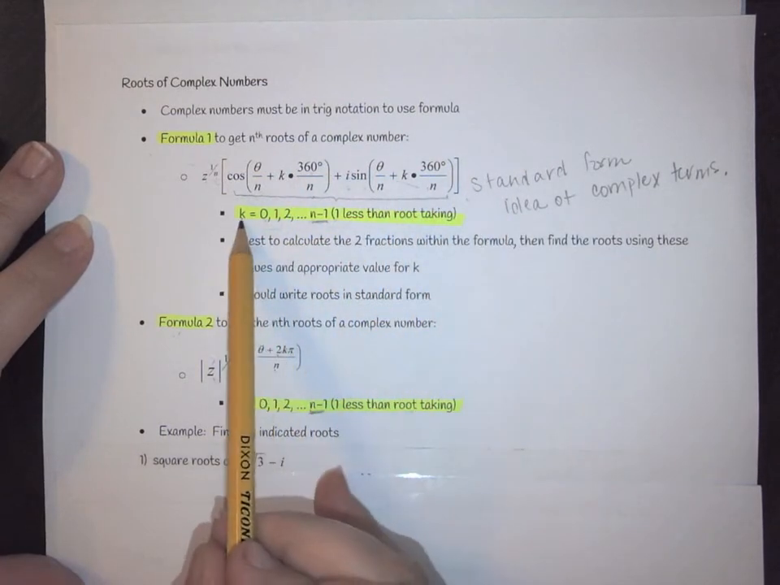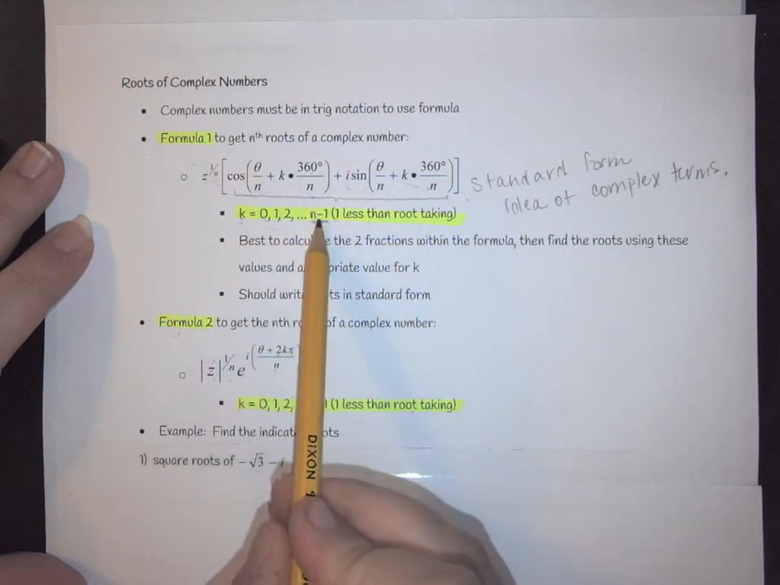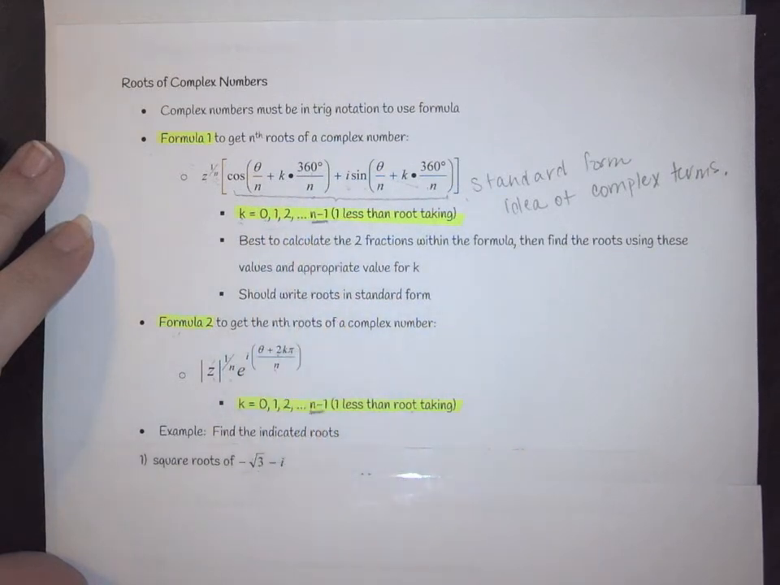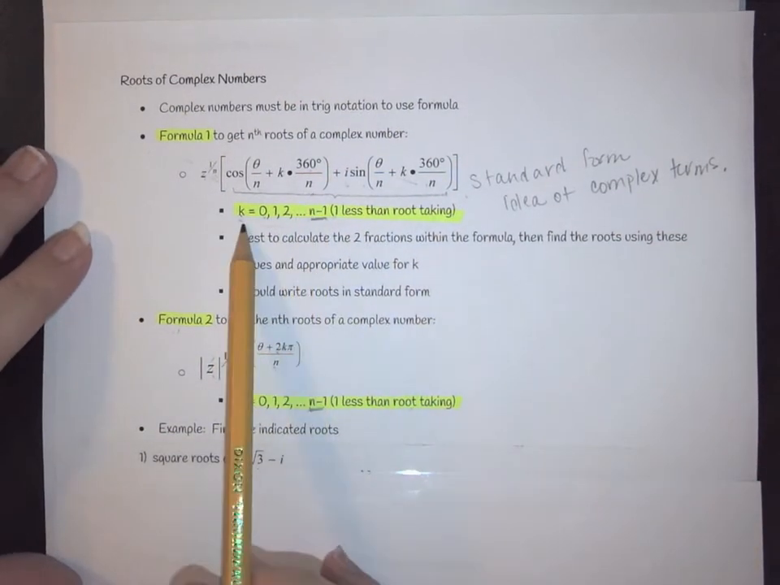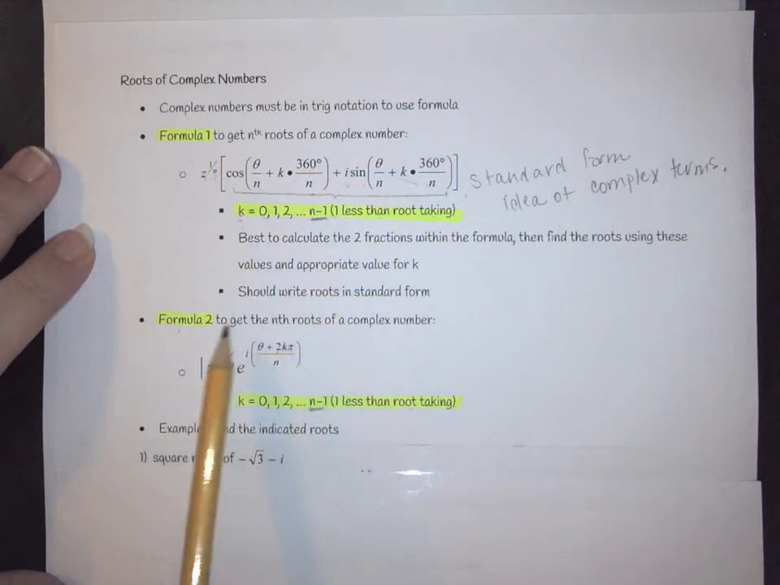Now with that, we have to calculate the k term, and your k term is found by doing n minus 1. So remember, n is represented of your root value, so your k term is going to be 1 less than that. The second formula we have more resembles